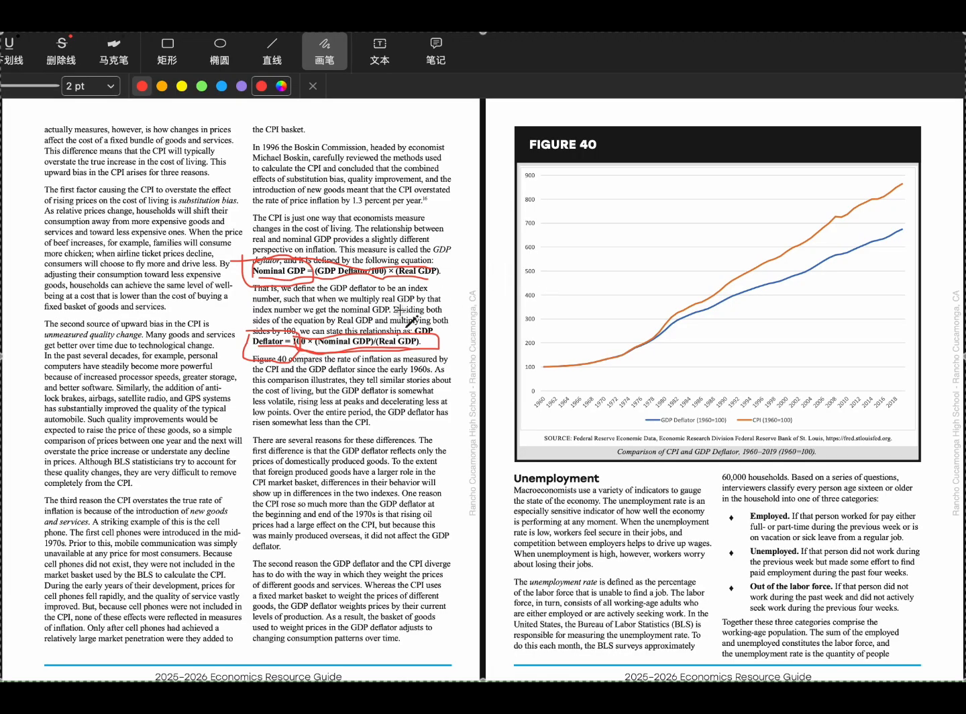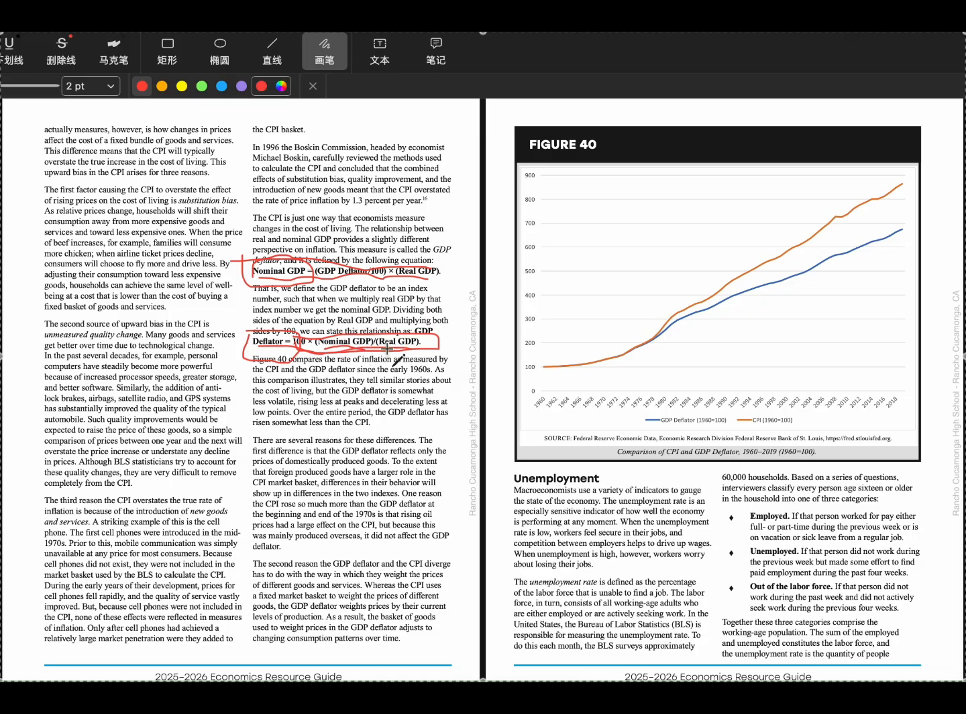from 100 or up. And usually the nominal GDP is above the real GDP, because there usually is not a deflation, unless it actually asks you to identify a deflation. So if the deflator is below 100, then it is a deflation situation. If it's above 100, then it's an inflation situation. In this case,